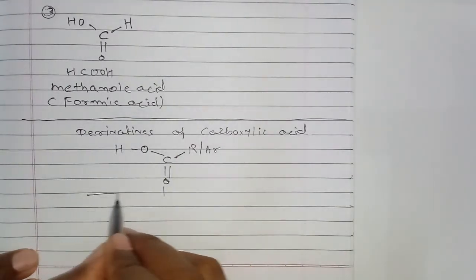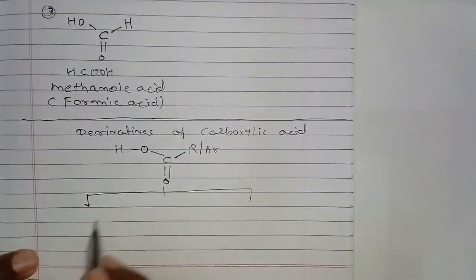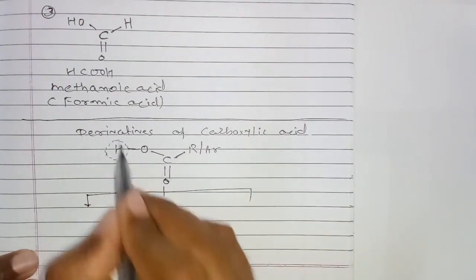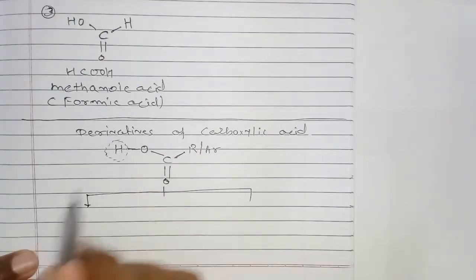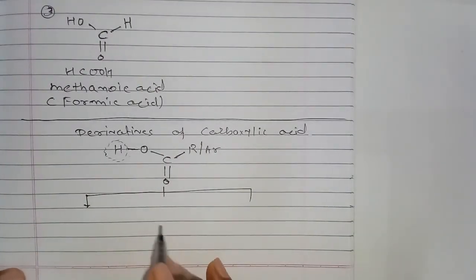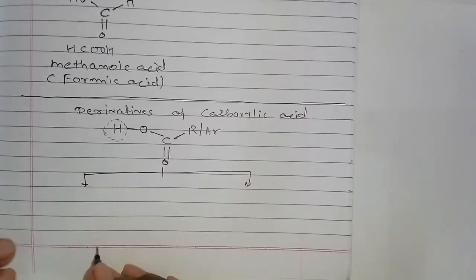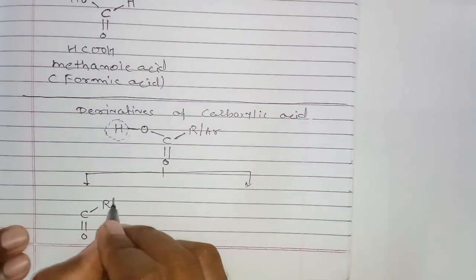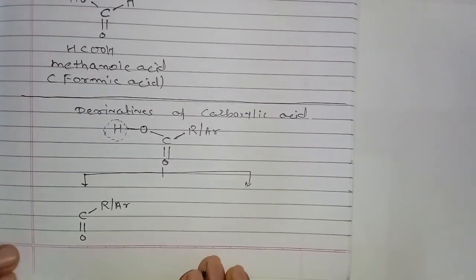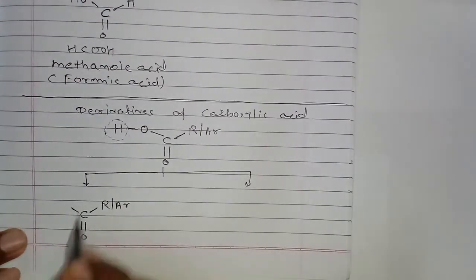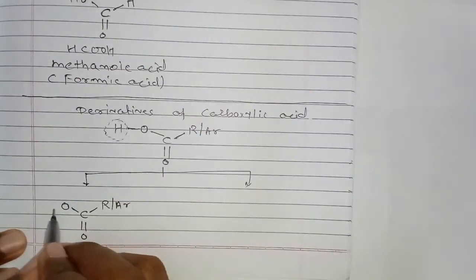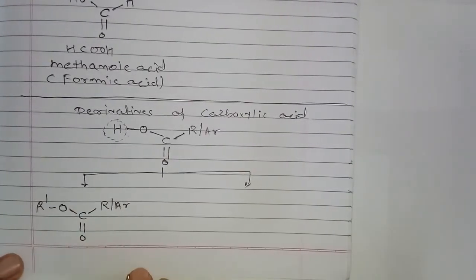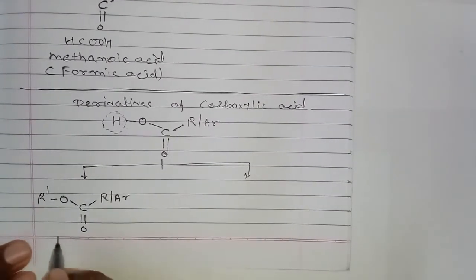Two derivatives are formed by replacement of the hydrogen atom of the hydroxyl group. For example, the hydrogen is replaced by an alkyl group,